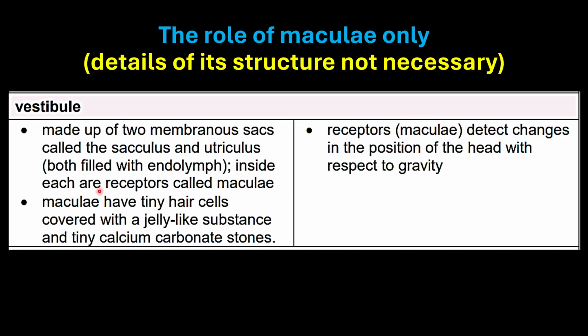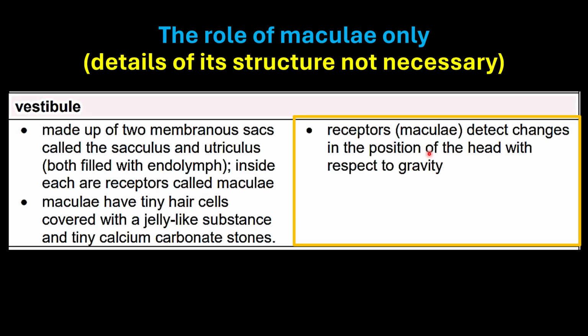Now, inside each sac are special receptors called the maculae. The maculae have tiny hair cells inside, and they are covered with a jelly-like substance. And on top of the jelly-like substance are tiny calcium carbonate stones. They are like crystals. And what the maculae do is detect changes in the position of the head with respect to gravity. That is, when you nod your head